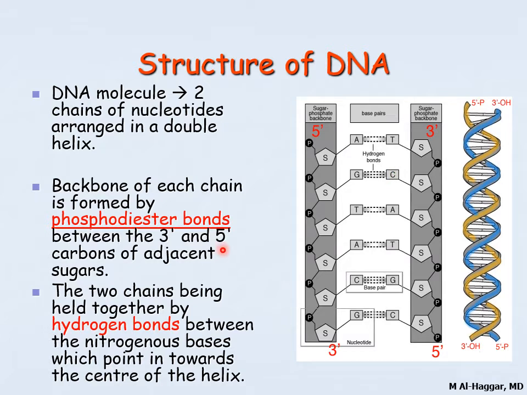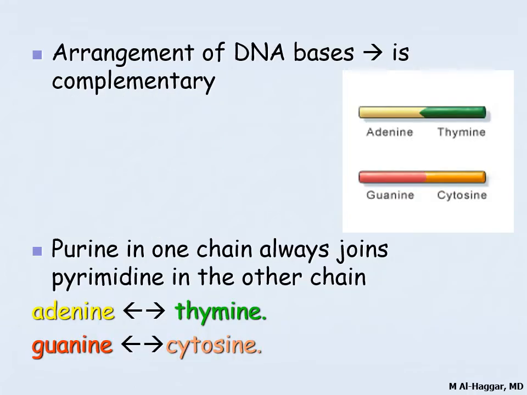Okay. The strand has one upward end, or upstream, called 5' for the phosphate, and has a downstream end which is called the 3' end. Of course, the double strand is not one flat layer, but it is a double helix, twisted together like this picture. Here you notice that adenine is always attached with thymine, and guanine is always attached with cytosine. So they are complementary to each other: adenine with thymine with a double bond, and guanine with cytosine with a triple